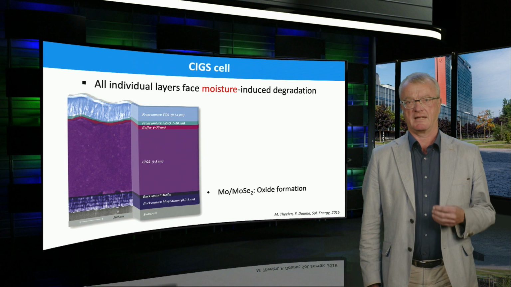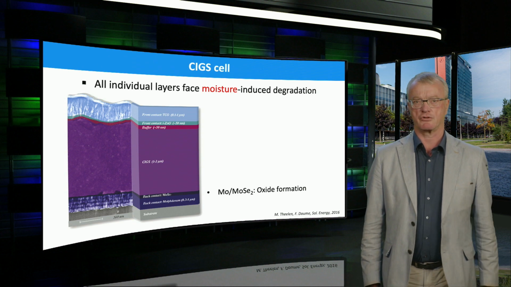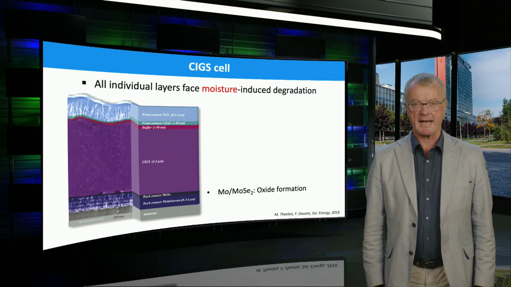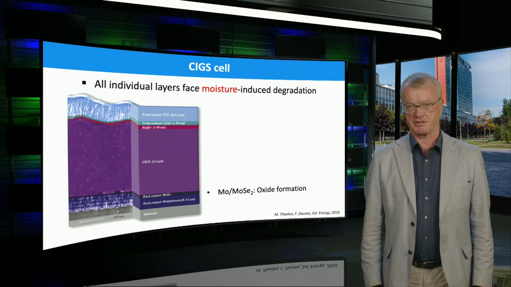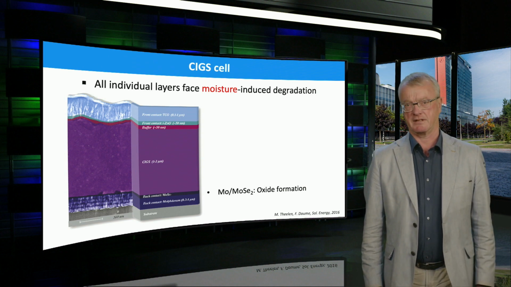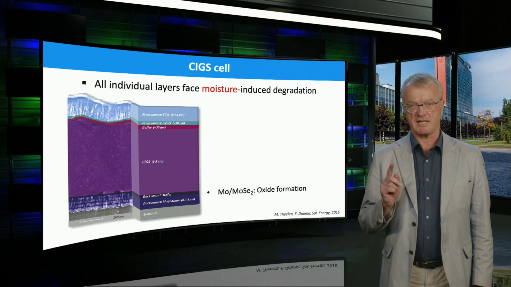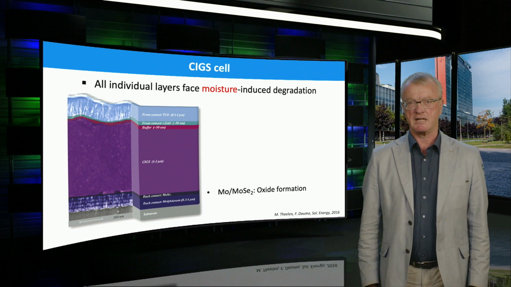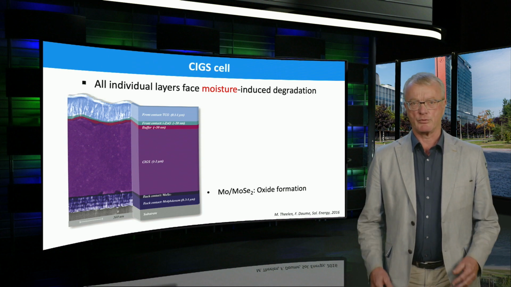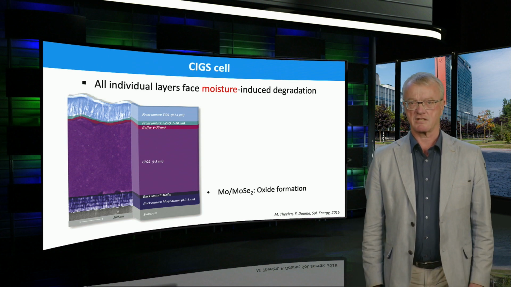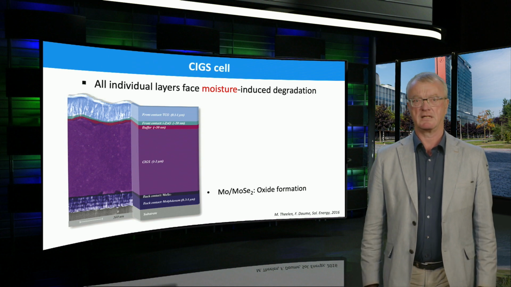When molybdenum and selenized molybdenum films are exposed to water and oxygen, black and blue stains can occur at the metallic molybdenum surface, especially under elevated temperatures. These stains contain molybdenum oxide, which is generally badly conducting and reflecting, and will result in a higher series resistance and a lower current respectively.